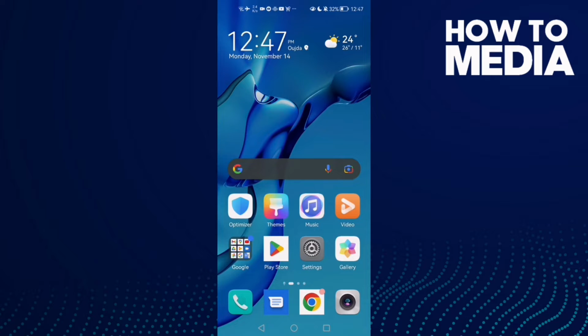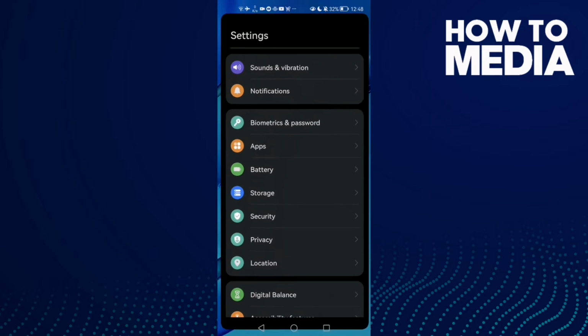How to fix Discord mobile not getting notifications on Android phone. Hello guys, in today's video I'm gonna show you how to fix this problem easy and quick on any Android phone. First, open settings